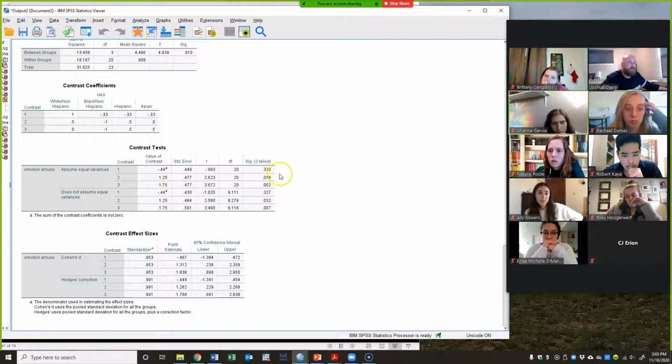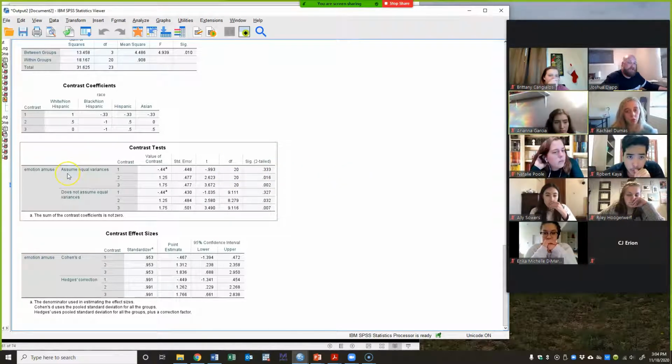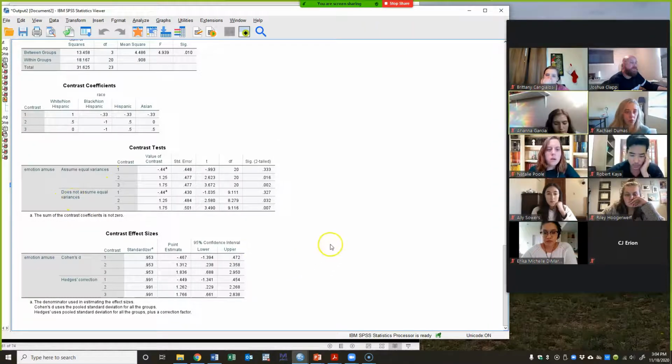Now we can go through and take a look at my contrast tests, right? And what I'm seeing here is just like when we're running our t-test, because at the end of the day, these contrasts, even though we're comparing groups of individuals together, break down to a t-test. Okay, I've got the combination of these groups against this group. I've got the combination of these two groups and the combination of these two groups. So it breaks down, again, similar to a t-test, but we've got equal variances assumed and does not assume equal variances. For this, based on our overall ANOVA, Natalie, which one of these